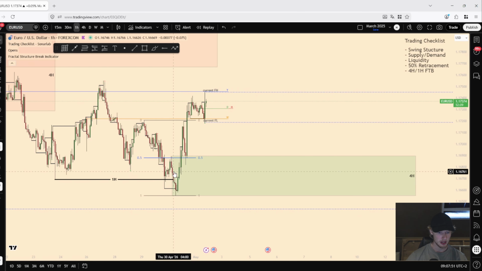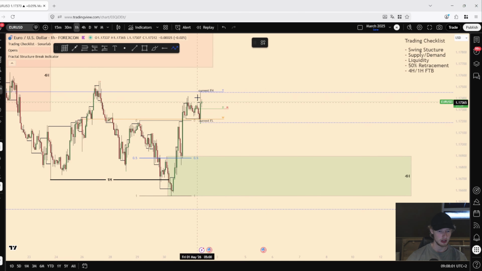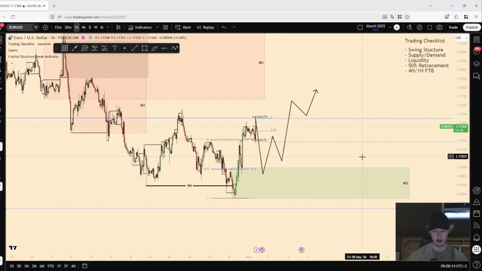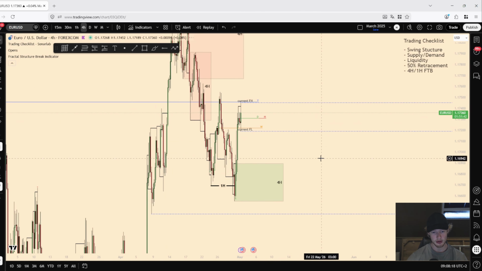Let me check. Now we've broken the last high over here. I have to look really carefully now. So what we can do is push down lower back in towards this demand zone, or take out this low and then see some continuation in towards the upside from there. And together with the 4 hour,